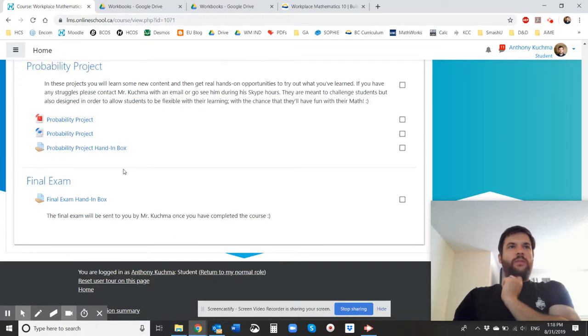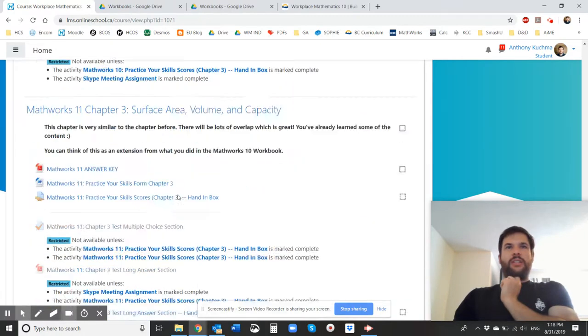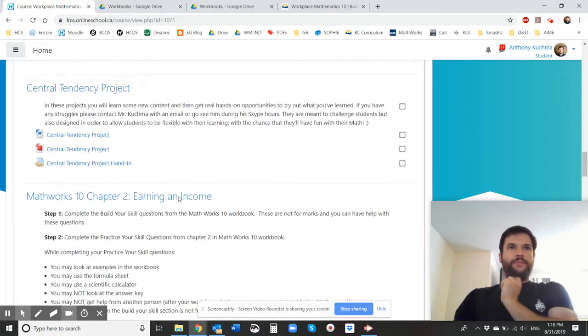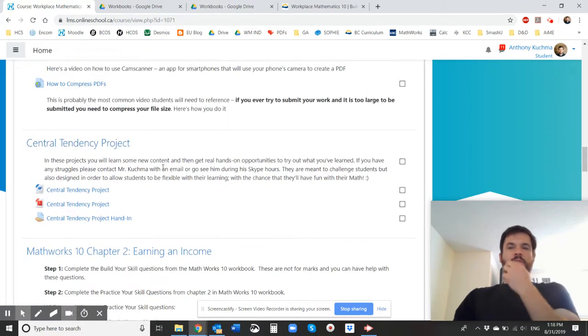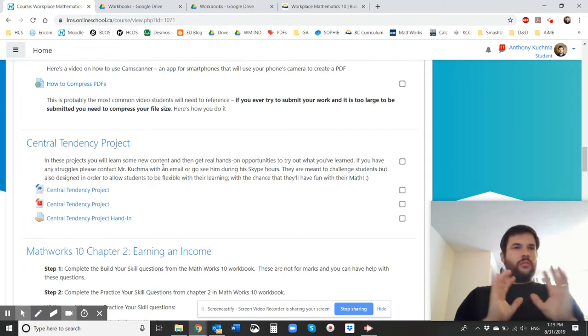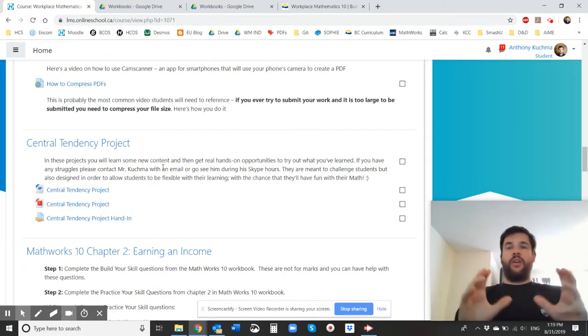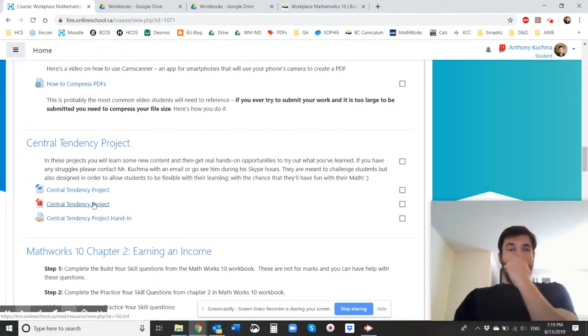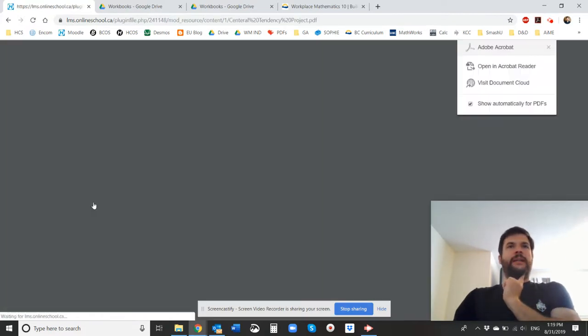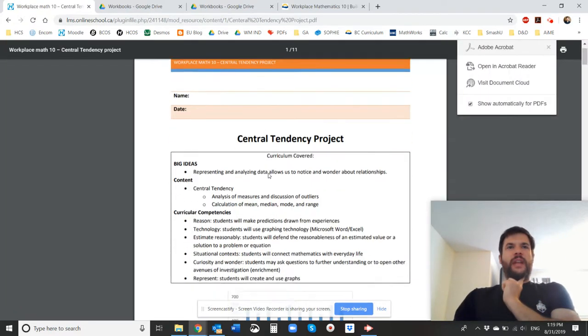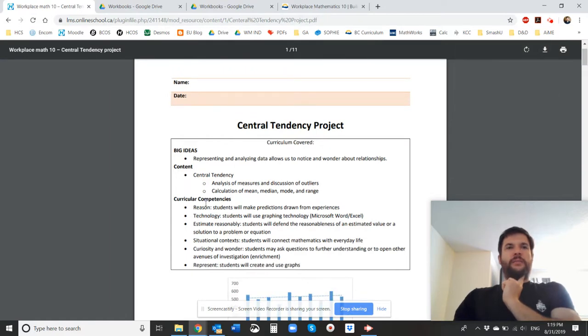Now there's also a probability project, and there's also a central tendency project. So there's 2 projects in addition to the 5 chapters you have to complete from the books. The projects are designed so that you just print it out and complete it at home. Everything's supposed to be able to be completed at home, or if you're in a classroom, I'm not sure where you'll be completing this course, but it's definitely made to be at home, and it covers lots of the different curricular competencies in this document,